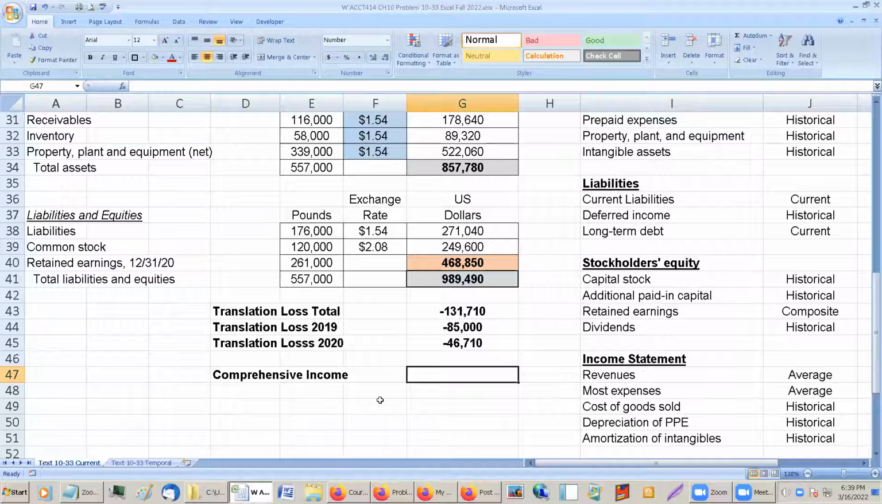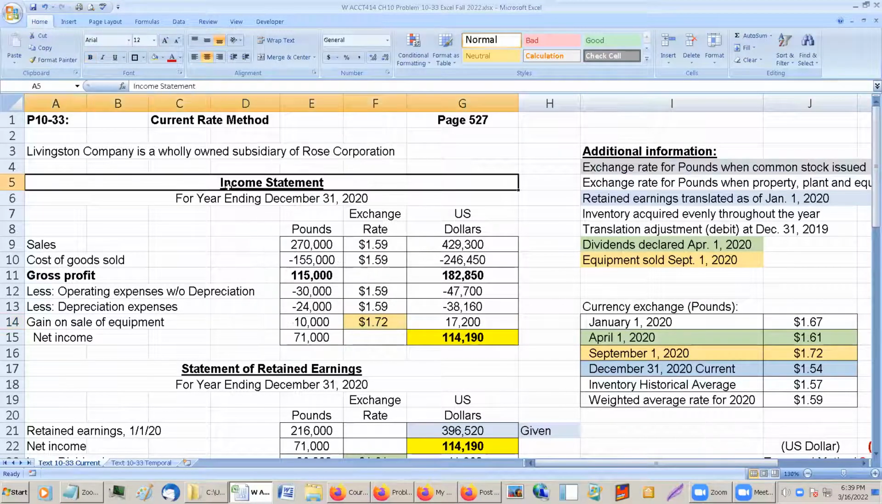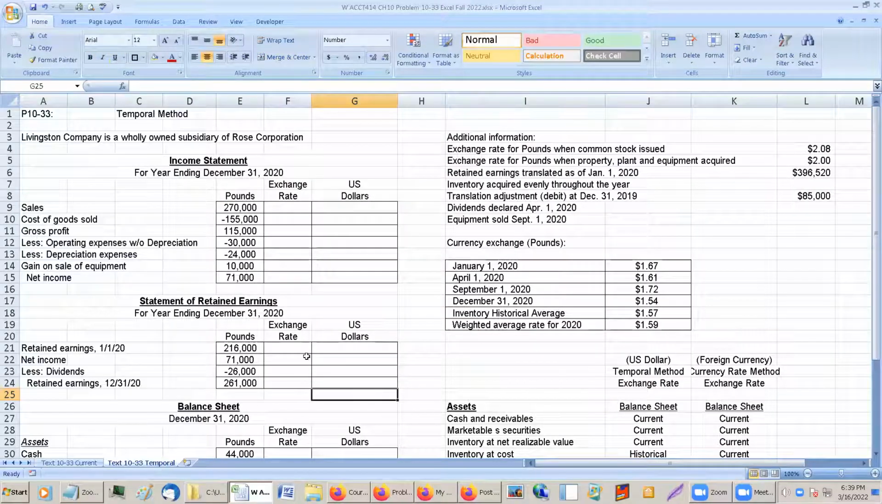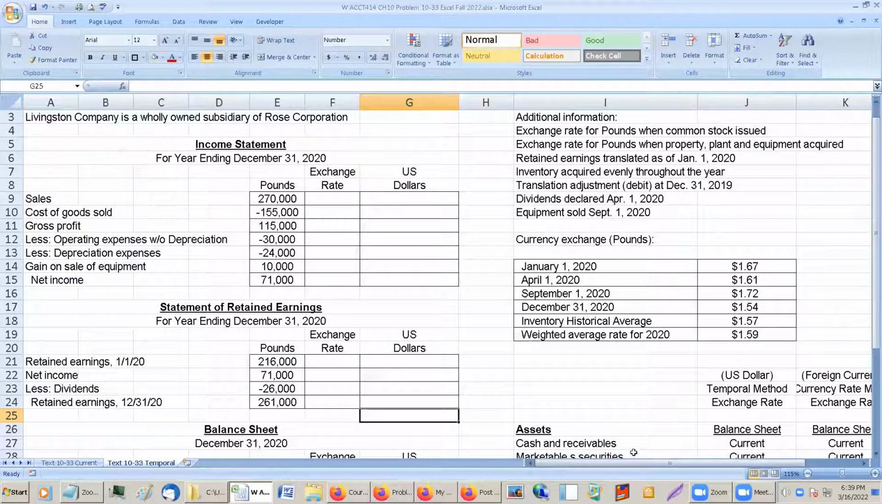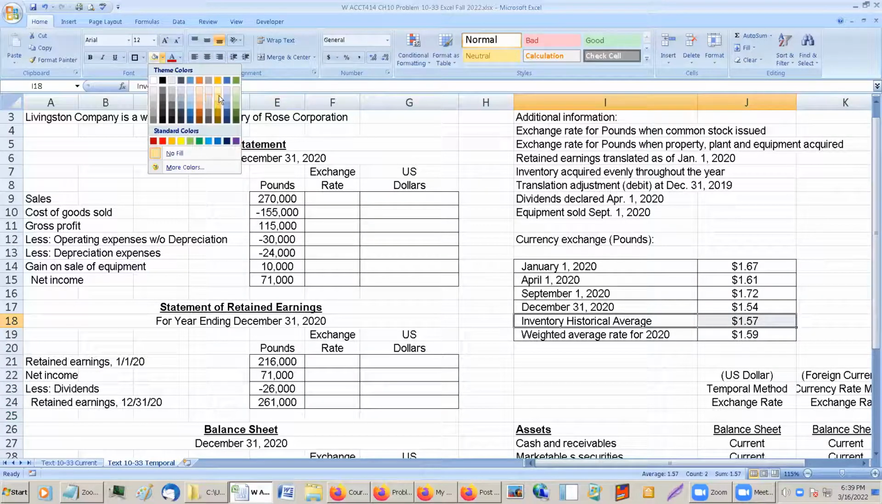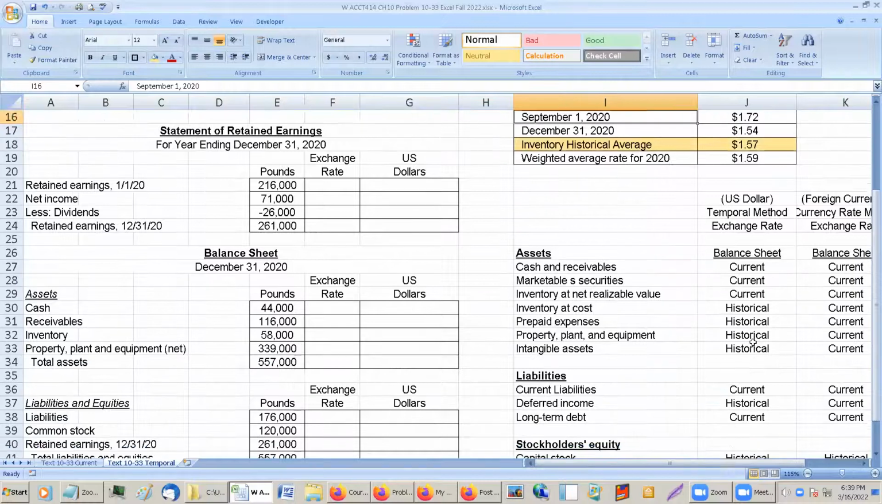Okay. So this is the one that they'd have for the book, the current rate method. But I'd like to do it for the temporal method too, because it's good to see both methods. And quite honestly, on the CPA exam, you never know what you're going to get, so doing it the other way will not hurt us. Now, there are some things that come into play here, and one of the big ones is the inventory averages. Because if you look at the temporal method,